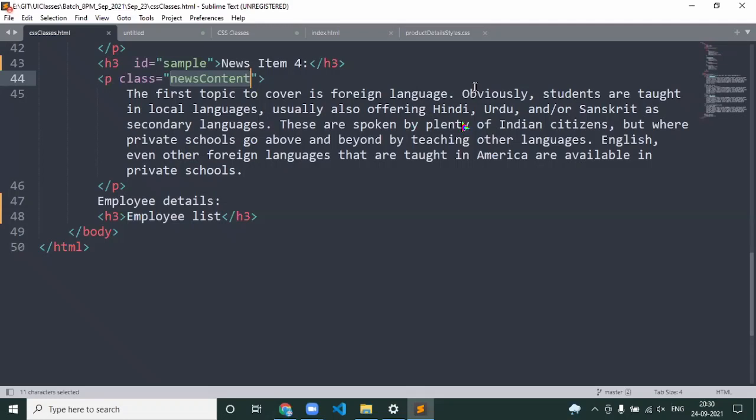So what is the meaning of tag based? I understood inline. Anteshwar, I think your voice is not audible. Could you please speak a bit louder? So what is the meaning of tag based?